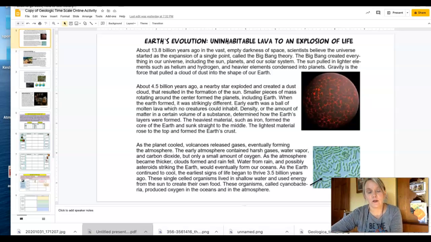Today we are going to continue our study of the geologic timescale and how Earth has changed since it was formed 4.7 billion years ago until our present day. We talked on Friday, if you were in the Zoom class, about how Earth started out without any of the gases in our atmosphere that we need to sustain life as we know it. It started out molten and very hot, devoid of any kind of life.